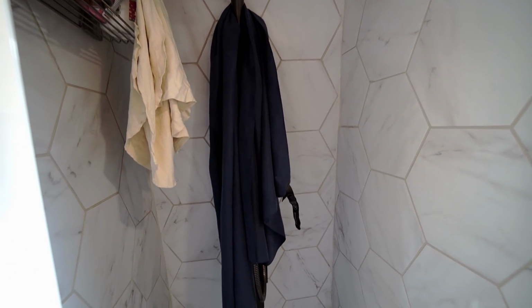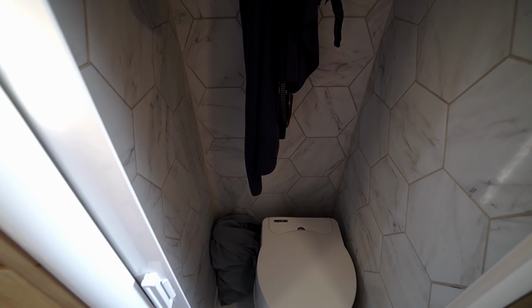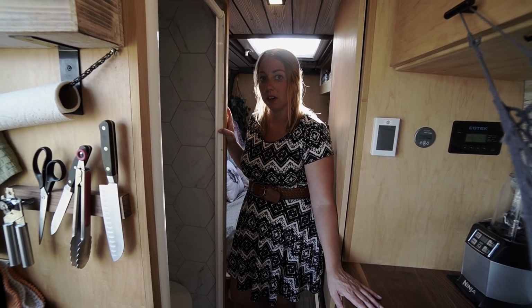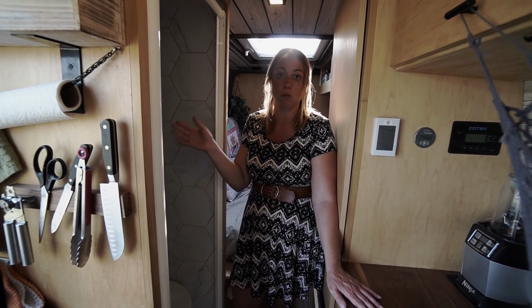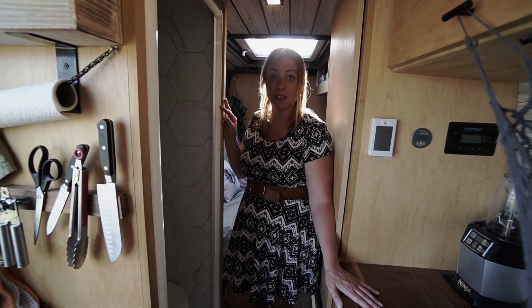Have you used it? Is it worth it? What's your take on this? I wouldn't go without it. A lot of people asked me today if I would have done the 144. No, because I wanted the shower, even in a pinch. It's great to get in, rinse off, get out. Not luxurious at all, but